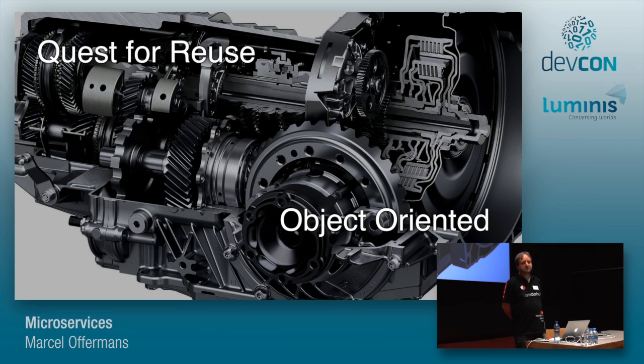Classes tend to be hard to reuse if you take them out of context and place them in a completely different context, because there might be a whole inheritance hierarchy. A class might embed other objects, different classes. So it's kind of hard to rip out a single class and use it in a completely different environment. Besides that, a single class is usually also a relatively small unit of reuse. That might not always be a bad thing, but you also need something that can be reused at a slightly larger scale.